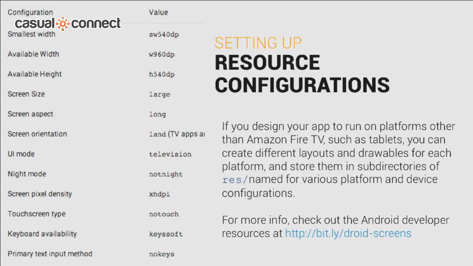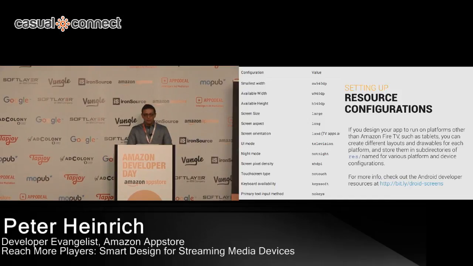On other Android-based TV platforms, you may have to provide specialized resources in resolutions other than 1080p, since downscaling may not be automatically available, but Android makes this pretty easy. I mean, this is actually one of the nice features of the way Android handles resources in general. So you can create different layouts and set up different drawables as necessary for each target. And you can get more information about all these approaches at the Android developer resources at